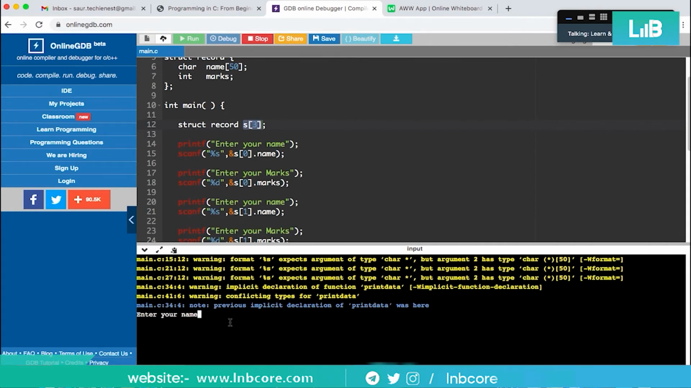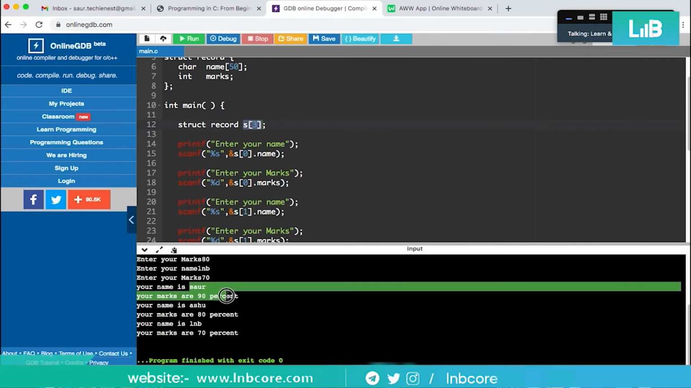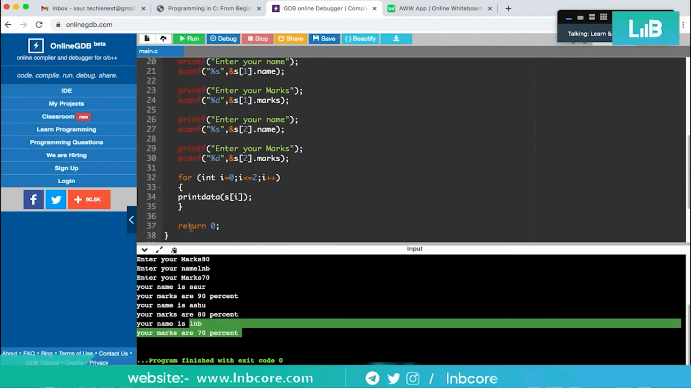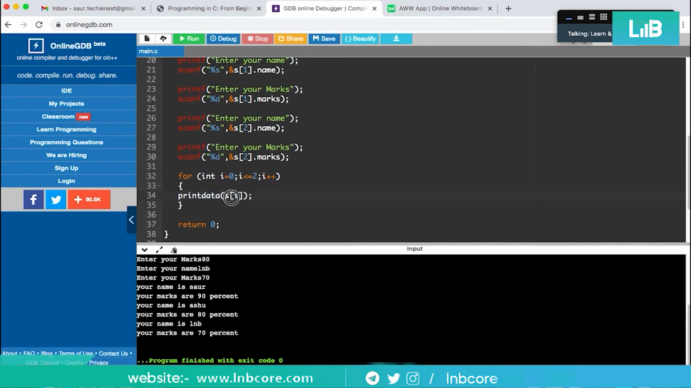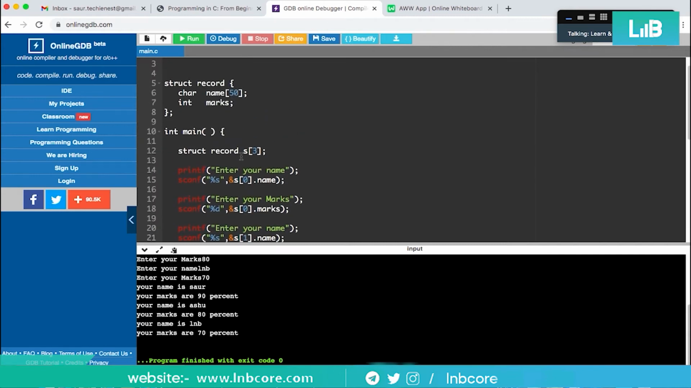Yeah, so name of the student is suppose SOR, number of marks obtained are 90, second student is Ashu, marks obtained are 80, third is LNB, and marks obtained are suppose 70. So all three entries, the first entry, second entry, and third entry, because of this for loop, it's getting printed one by one. So s of 0 initially has been printed, then s of 1, s of 2, like that. Okay, so this is a small example that we have seen for